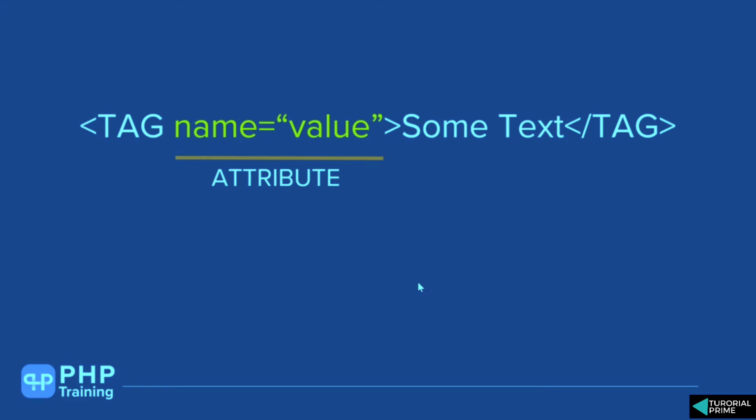Let's understand what is an attribute. Every element or tag that you have can have additional properties. Attributes can also be called properties. Properties means additional information about that element. If you have a tag and you want to mention some additional properties of that tag, you can give a name is equal to open quotes, value and the closing quotes. You can mention the name and the value defined in the specification. You cannot write whatever you want. You have to follow the specification of HTML and use them.